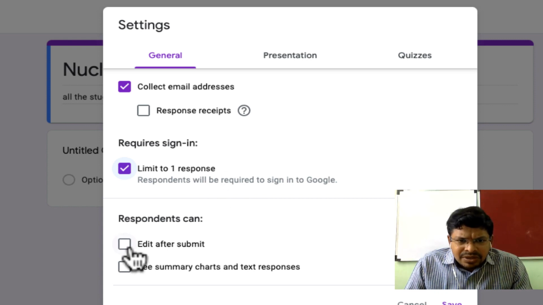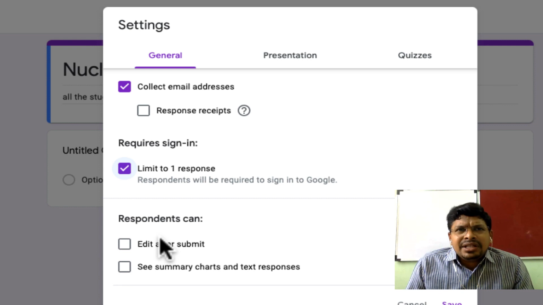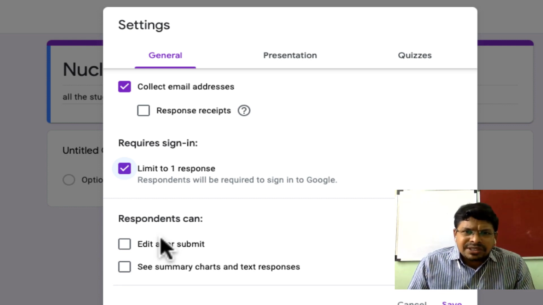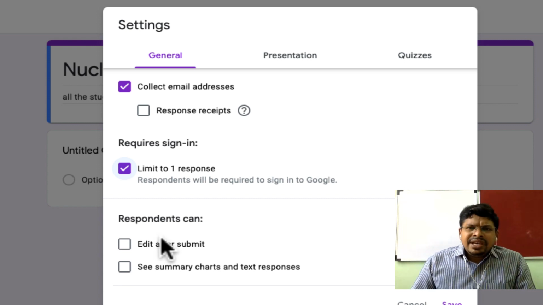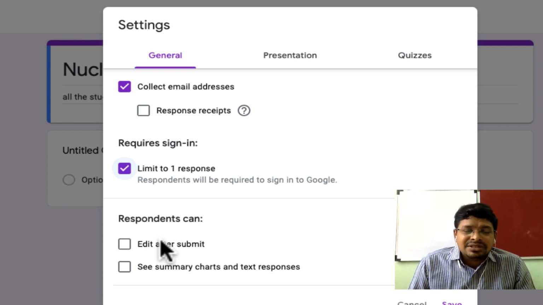And respondents can edit after submit. This is not needed, we should not click these things, because we will not permit the students to change responses. So here we have to remember one thing. In an ideal classroom environment, we want to allow students to communicate among themselves. In a virtual classroom, there is a possibility of students communicating among themselves.